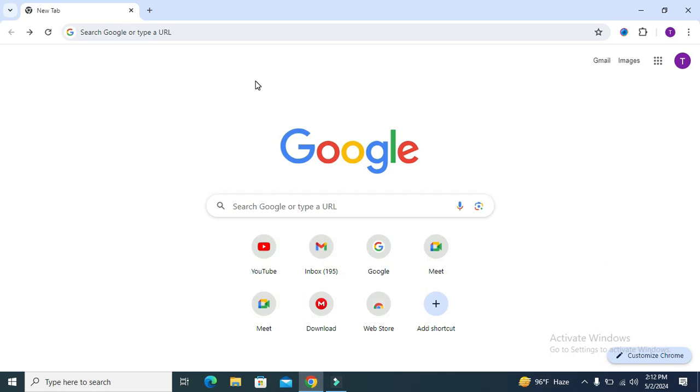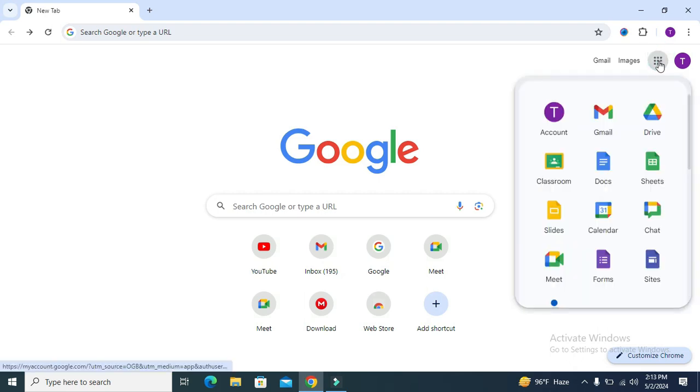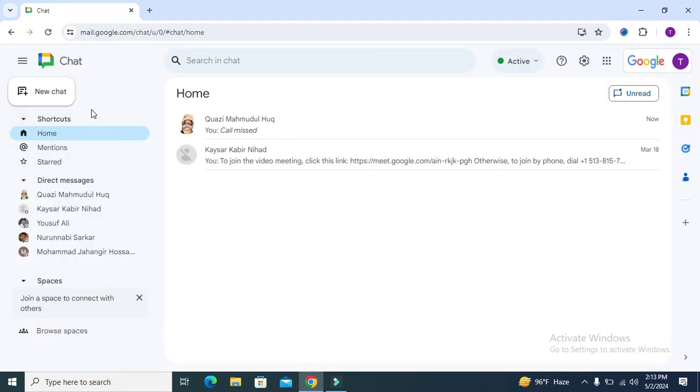To delete conversation from Google Chat, go to your Google Chrome browser and click on Google Apps icon on upper right corner, then click on Chat. In the menu button on the left side,